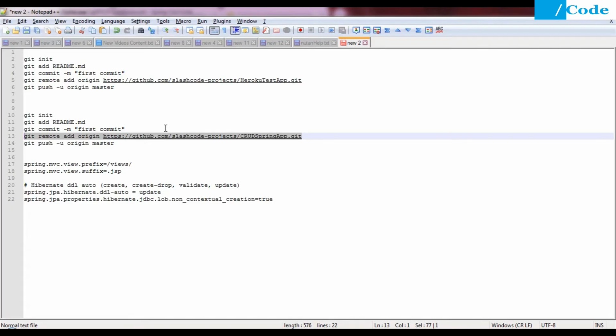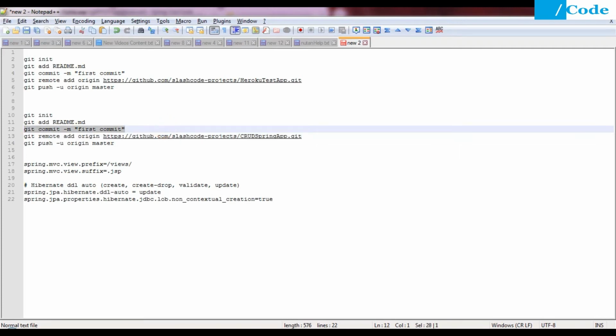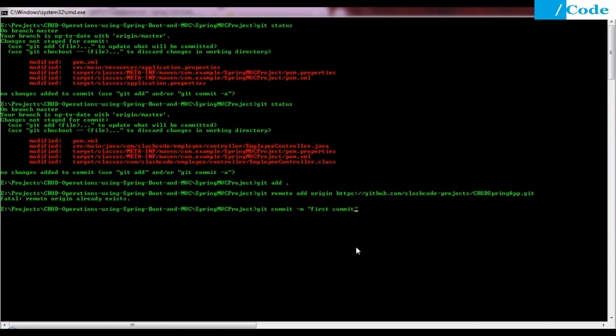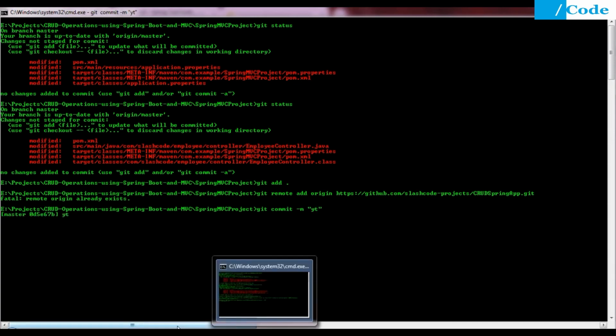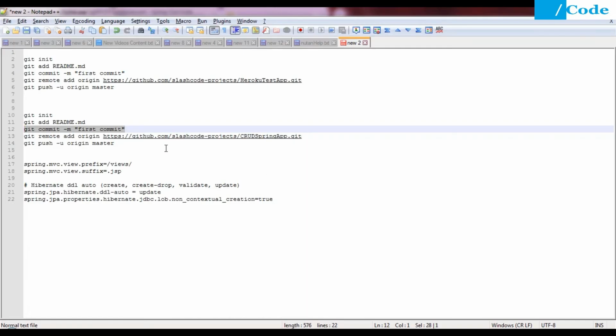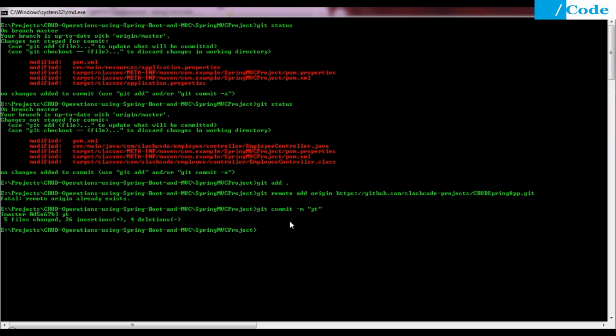And then we need to commit our code here. So just commit the code as YT, and it is committing. Now we need to push our code to the master. So push the code to the master, paste.